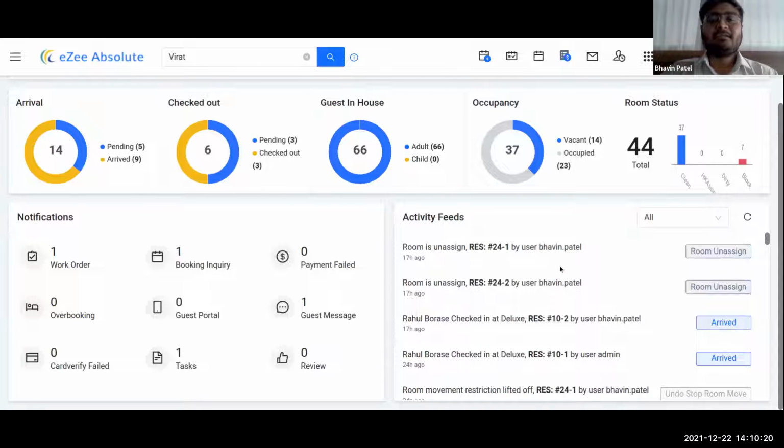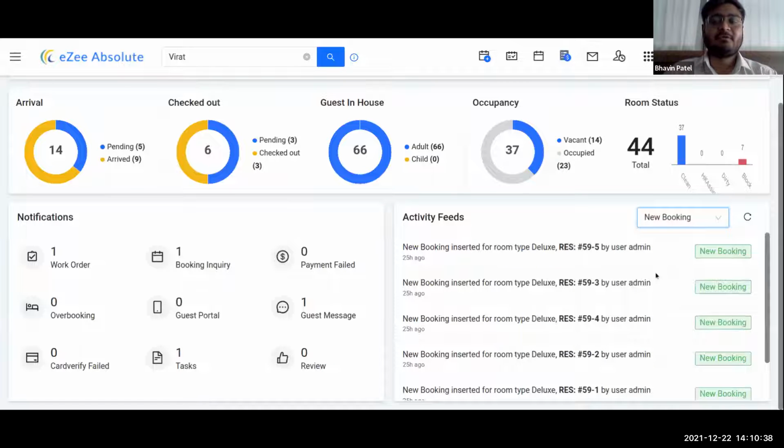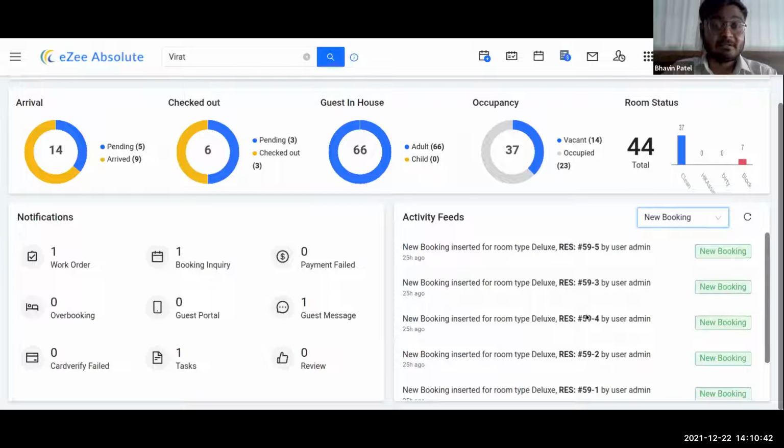The good thing that we bring in is the filters. We have given various options here based on user needs. You can select which activities you would want to see. Let's say if it's a new booking and you only want to see the list of new reservations that have come in, I will just click on new booking here and it will show me the recently created new reservations